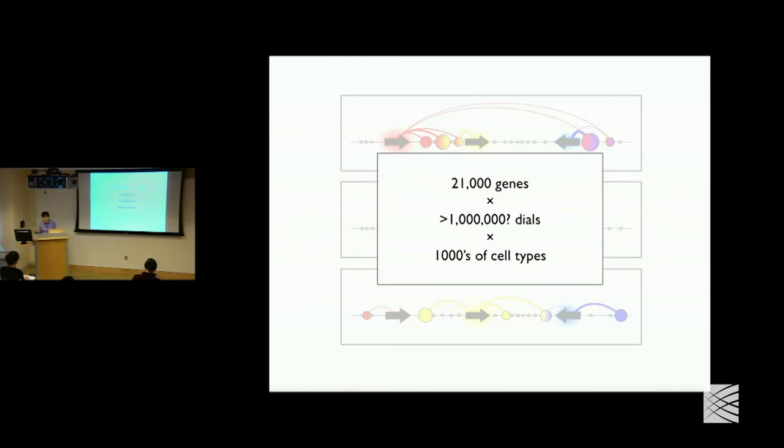So this is a really massive network and matrix that we essentially have to fill in. There are 20,000 genes. There are thought to be maybe millions of enhancers. It's kind of unknown. Thousands at least of cell types, and in order to interpret the function of a genetic variant, we essentially have to understand this entire matrix. So, where do we start?